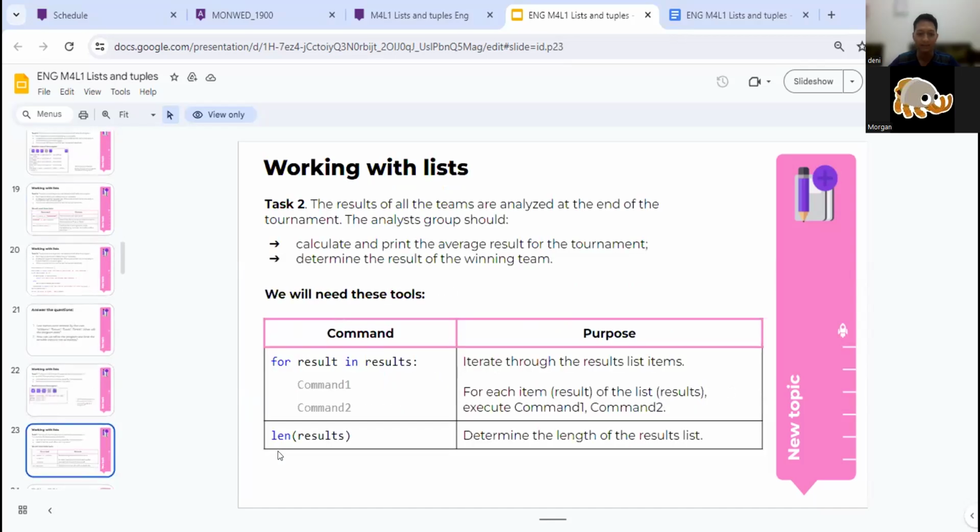Okay. What is the len function used for? Length. Determine the length of the results. You can read this purpose. Okay, it's clear. So if I have a list like this,